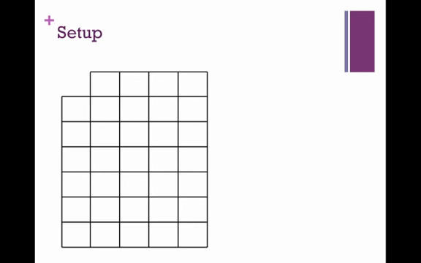Let's talk about the setup of the grid itself. The first thing I'll talk about is the fact that the grid itself doesn't really seem to have a whole lot of chemistry or science behind it. It's simply just a tool for helping you figure out what's going on. I'm sure if we investigated things further, there'd be a very good reason as to why all of this works the way it does, but that's not really that important for us. What is important is how to use this device in order to generate a list of orbitals